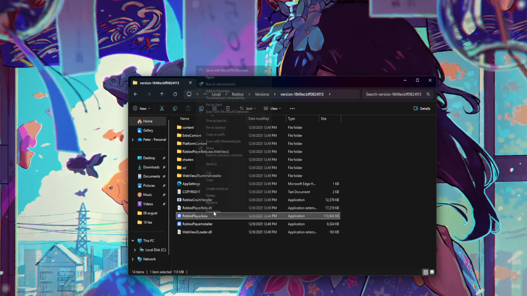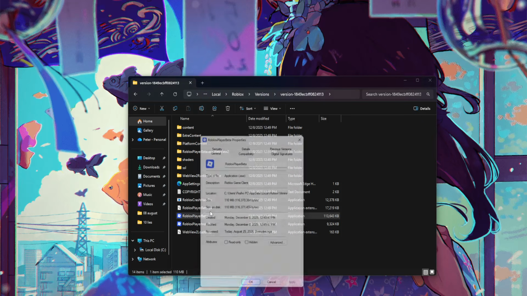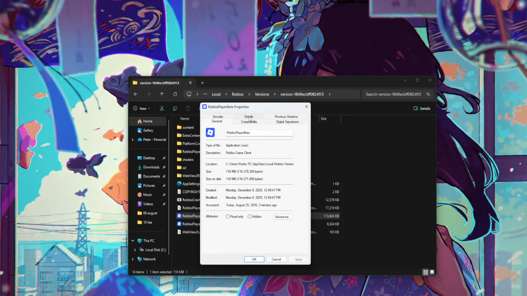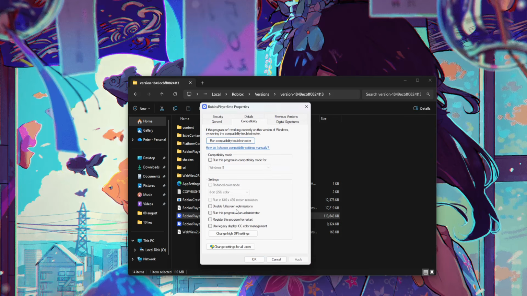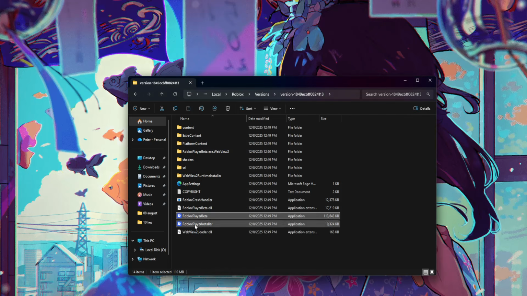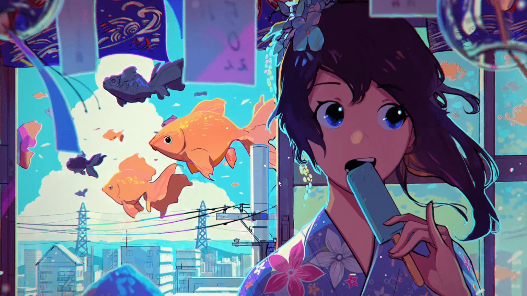Right click, show more options, and just click on properties. Now go to compatibility and check these two options: run this program as admin and disable full screen optimizations. Click on apply, click on OK. Once you have done this, you can close it and we can proceed to the next step, which is going